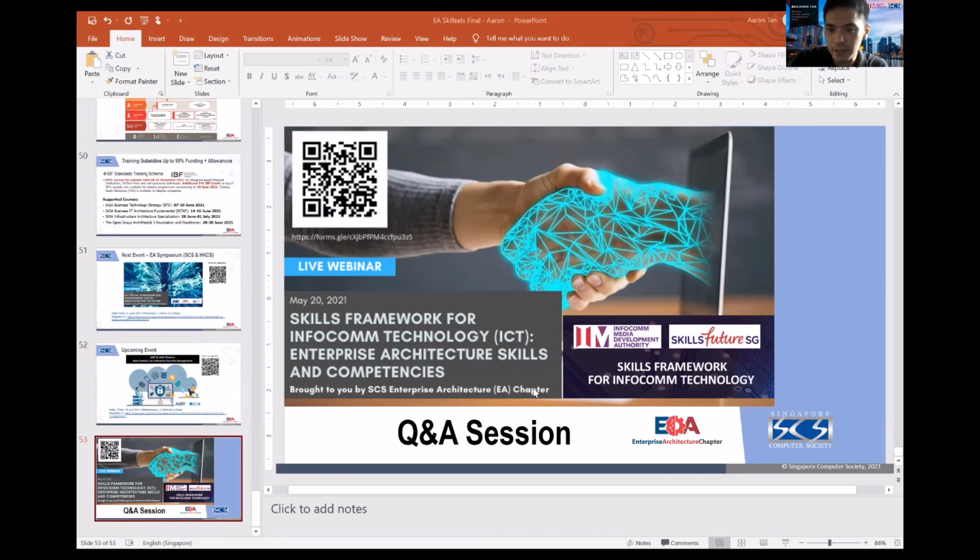While it might be difficult to acquire EA talents, the thing about outsourcing is that it's usually on a project basis or a periodic basis. So for your EA strategy to succeed in the long term, it might be useful to consider whether it is possible to set up your own EA team. And if not, then use outsourcing more as an interim solution rather than a long-term solution. That's my view.